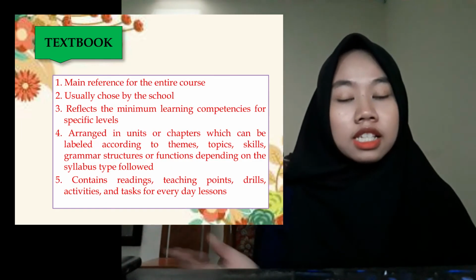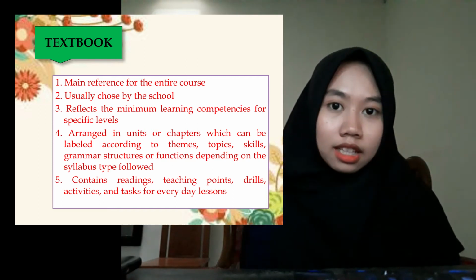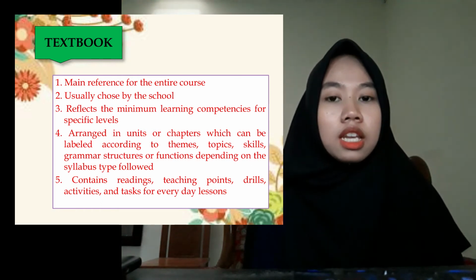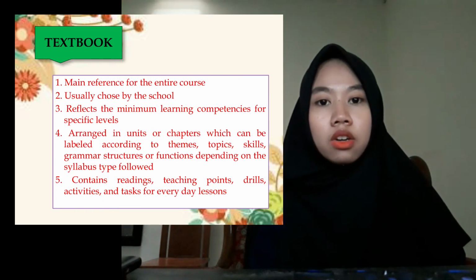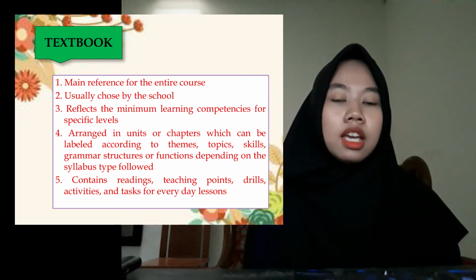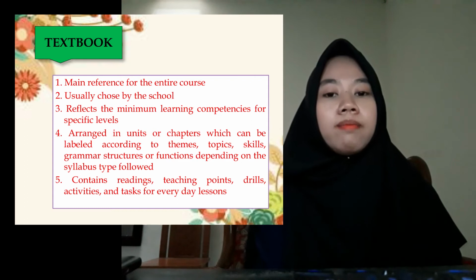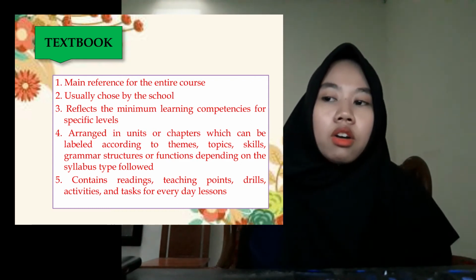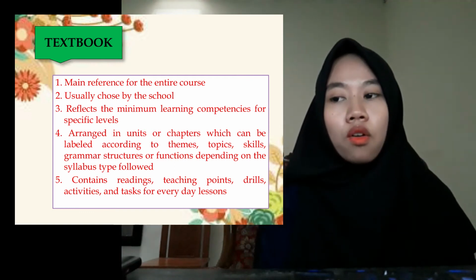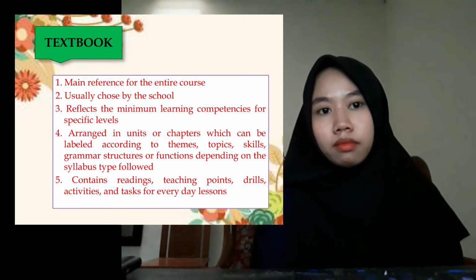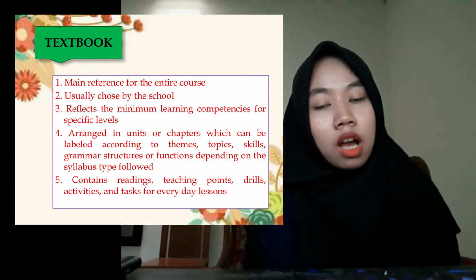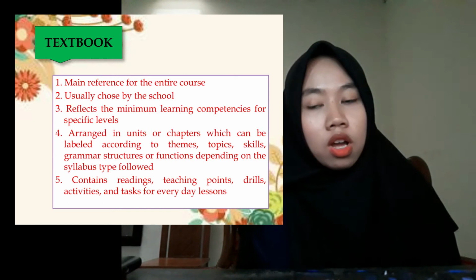The first example of it is a textbook. Textbooks is usually the main reference of the entire course. And then the second one is usually chosen by the school. You know that because there are a lot of various types of textbooks, the school has their own rights or will to choose what kind of textbook that they want to give